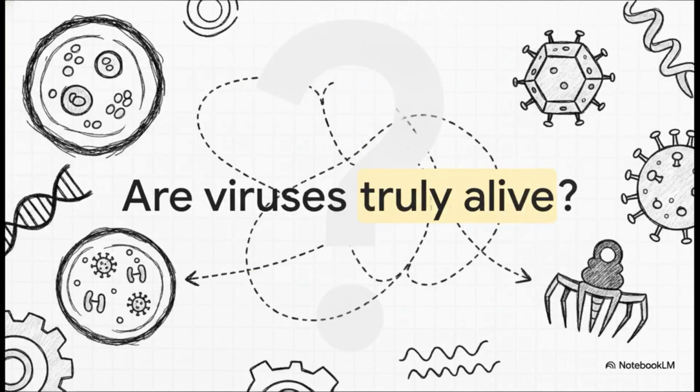Which leaves us with one of the most hotly debated questions in all of biology. If viruses completely lack the fundamental standard equipment of life, if they have absolutely no metabolism of their own, and if they can only ever replicate by hijacking the machinery of actual living cells, are they truly alive? Or are they just incredibly complex, rogue chemical algorithms? I'll let you ponder that as you digest today's breakdown.